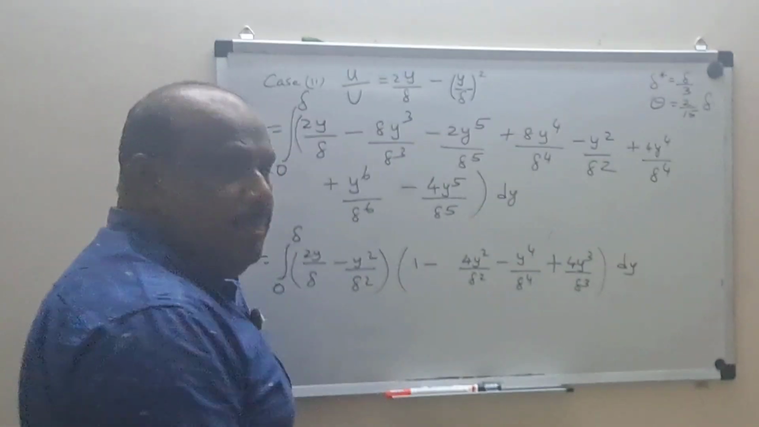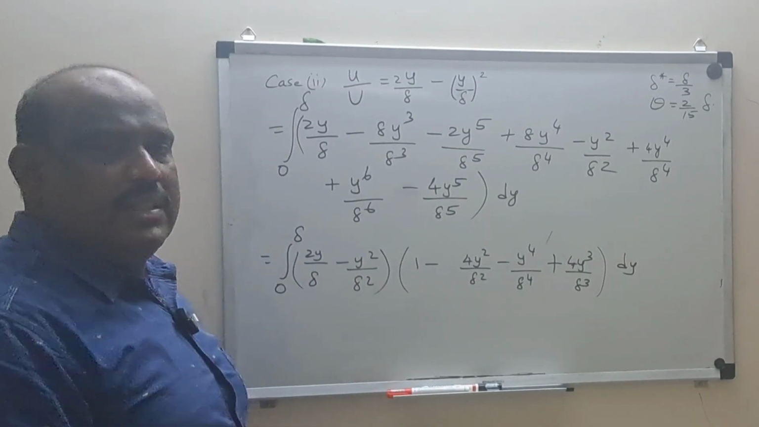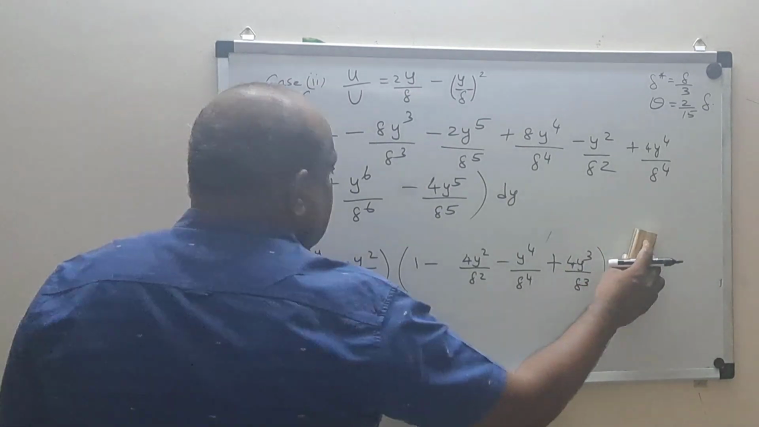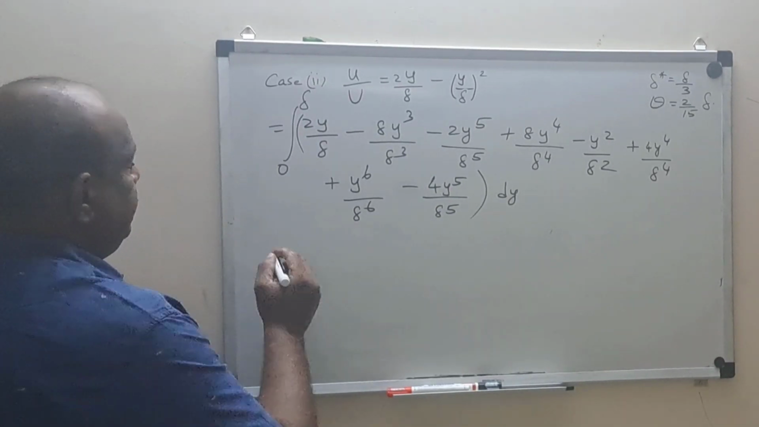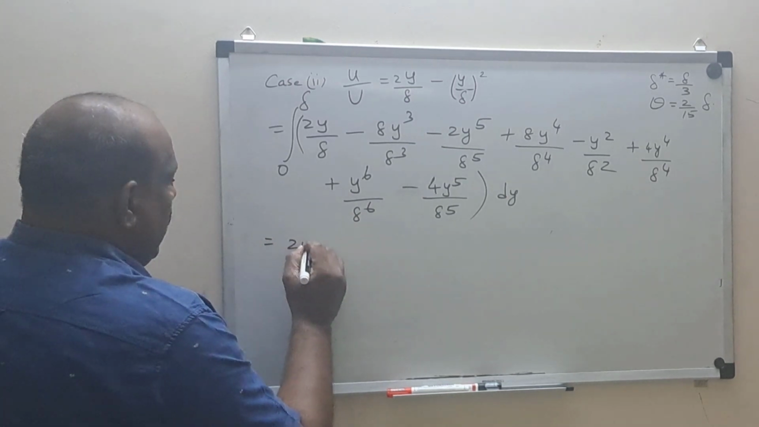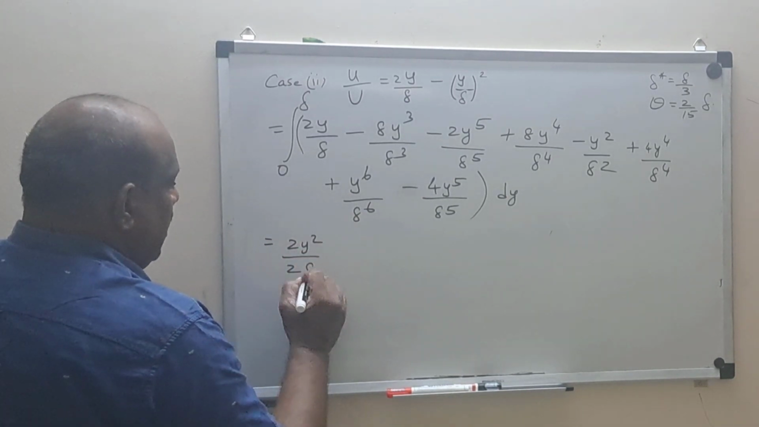That's it. It is somewhat bigger, but there's nothing to think. But you should be cautious that you should not make any mistakes. Now you integrate. So it becomes 2y squared by 2 delta, or y squared by 2